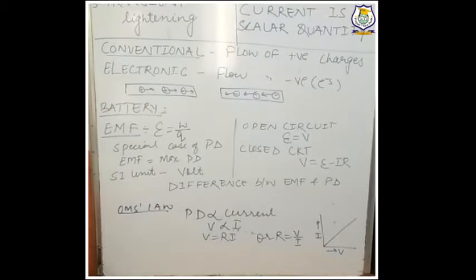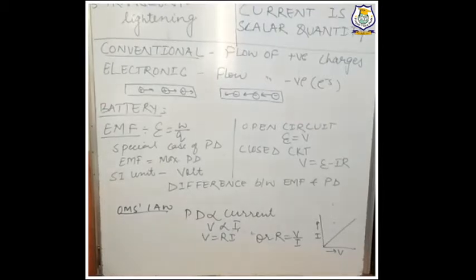There are many points of difference. Number one: first I am telling EMF, then potential difference, and for all this I will provide you notes, so right now you may understand, and if you can note down something, you can. So electromotive force is what? It is the work done by a source in taking unit charge once round the complete circuit.